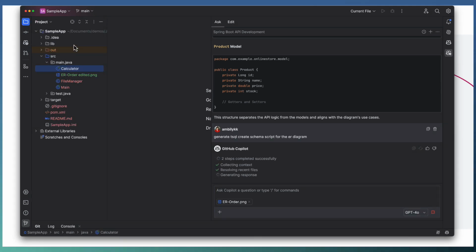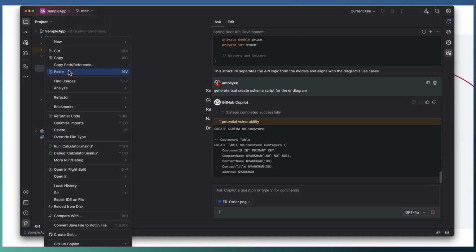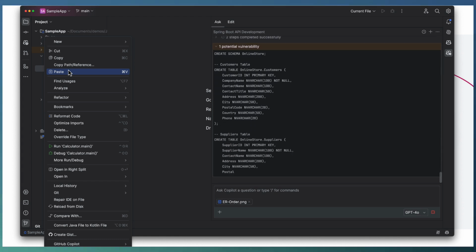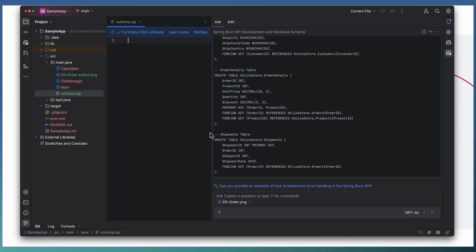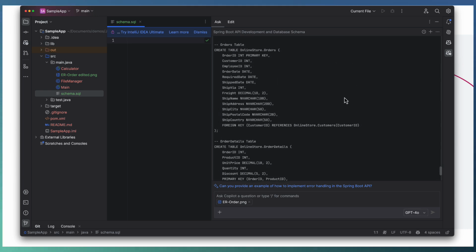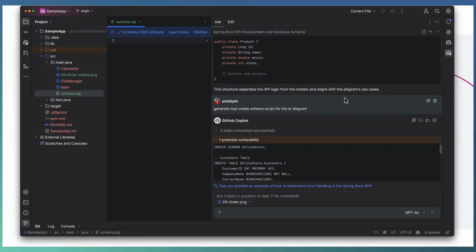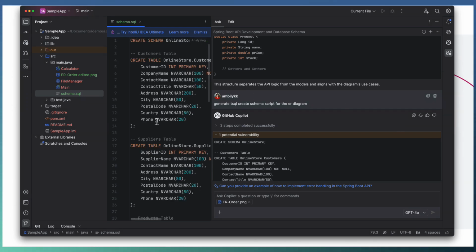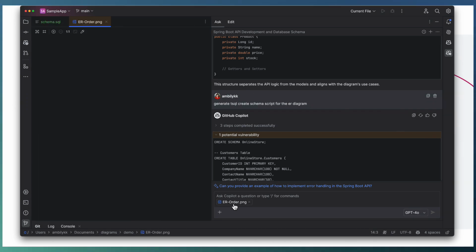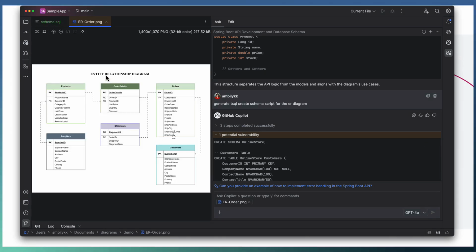Meantime, I'm going to add one file here for holding this data. Let me define it as schema.sql. It's a SQL file and here go the details. So I'm just inserting the schema. The one which we passed is an entity relationship diagram with the product, supplier, order detail, shipment, orders and customers.